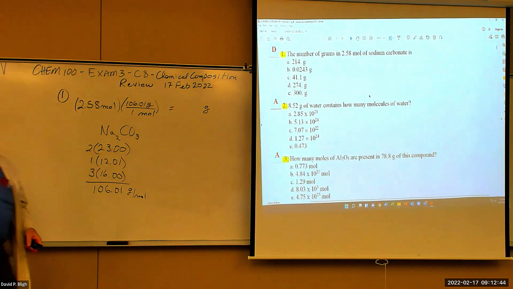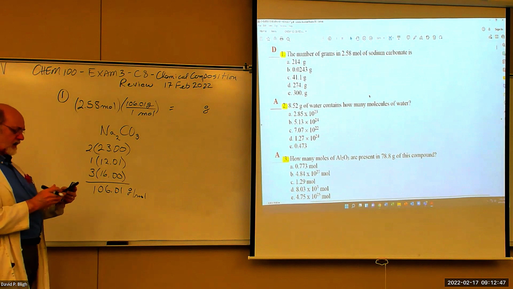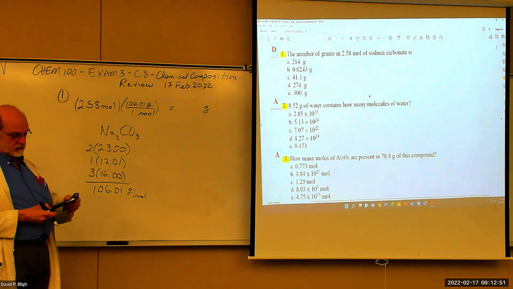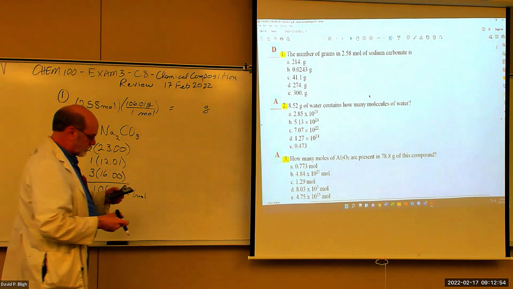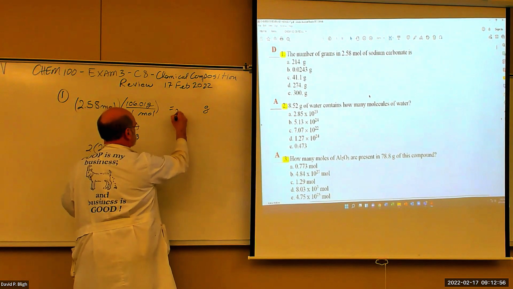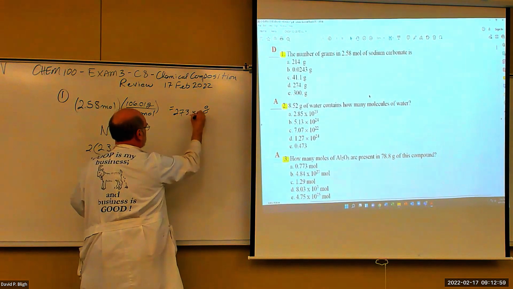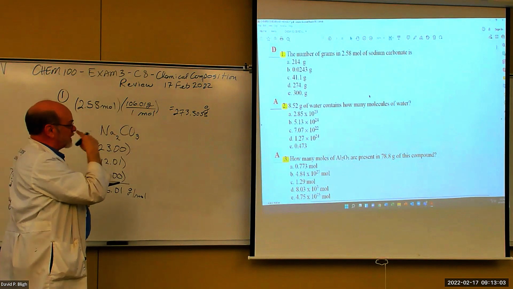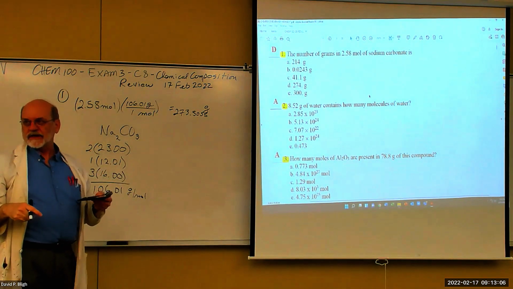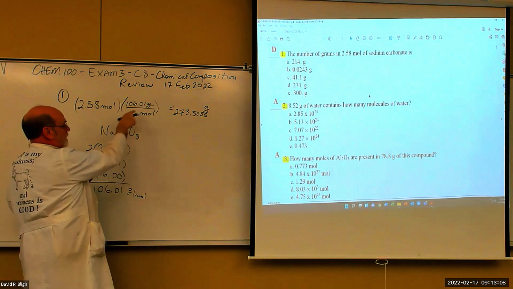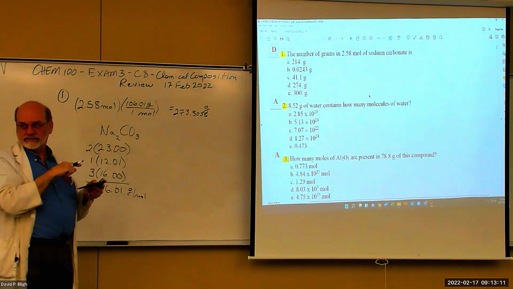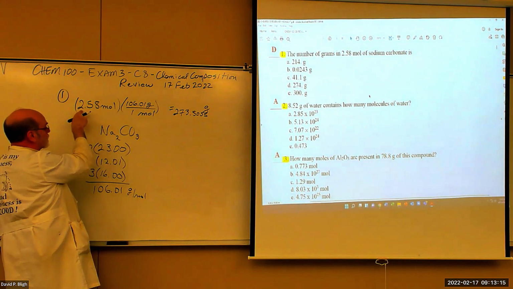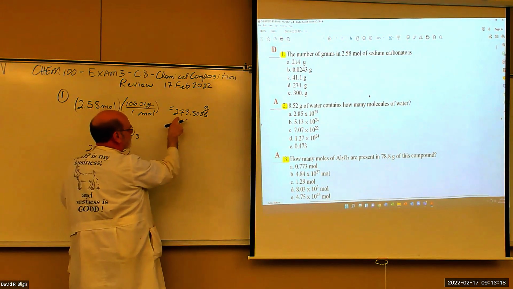Now we have our conversion factor, and we can find out how many grams of that compound this represents. I still got it in my calculator, so I'll just say 2.58 times that value. Okay, I get 273.5058. And for answering the question, that's probably good enough, but if we're going to use significant figure rules, this one is an exact number. All conversion factors are treated as exact numbers. So we only have to say 3 significant figures here, 3 there,